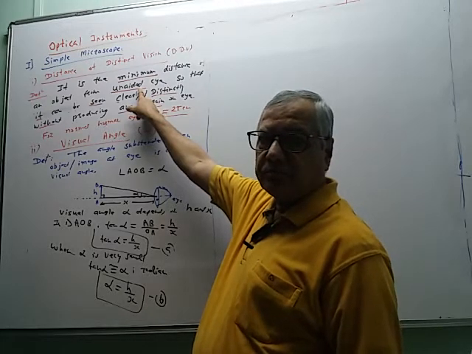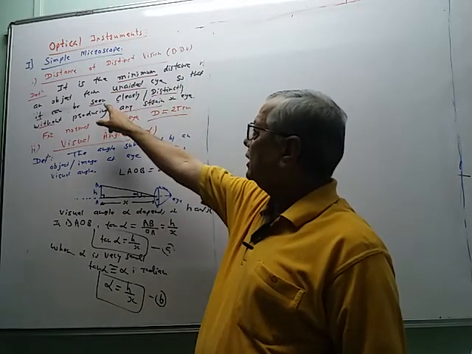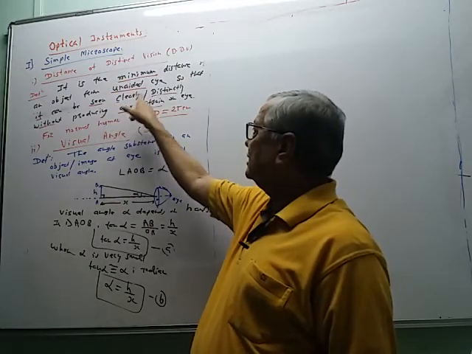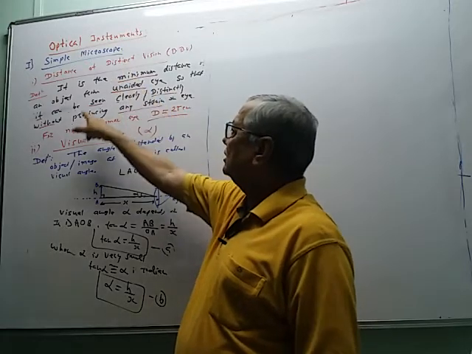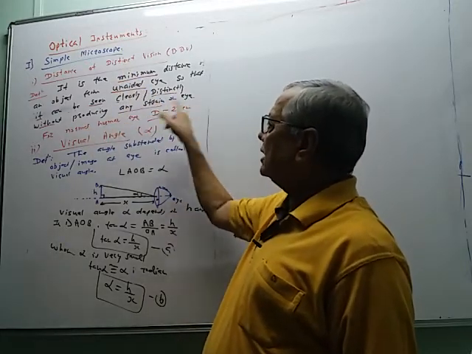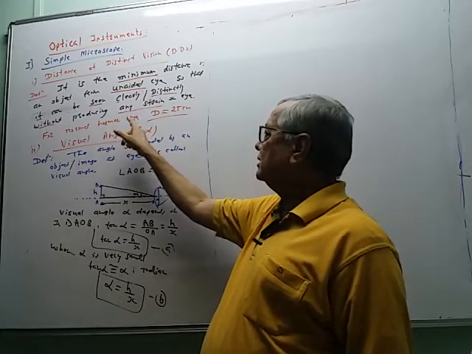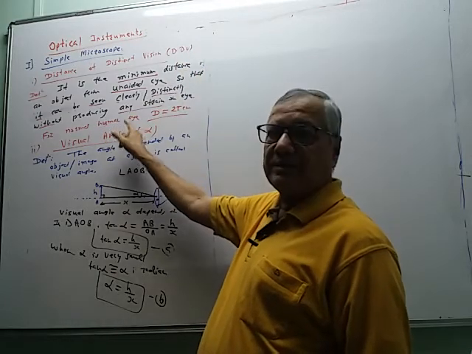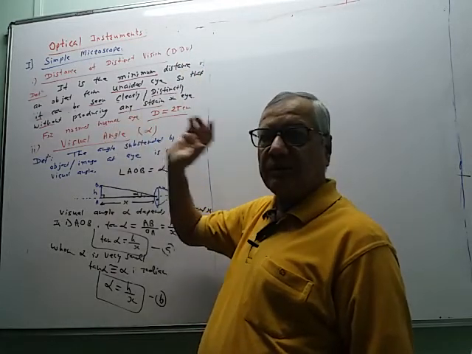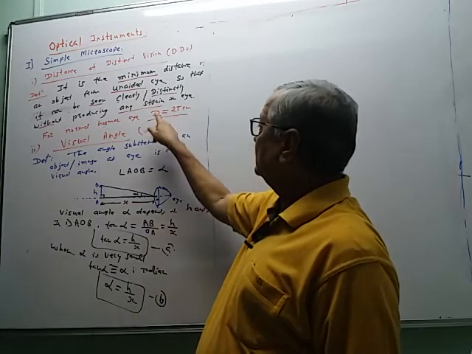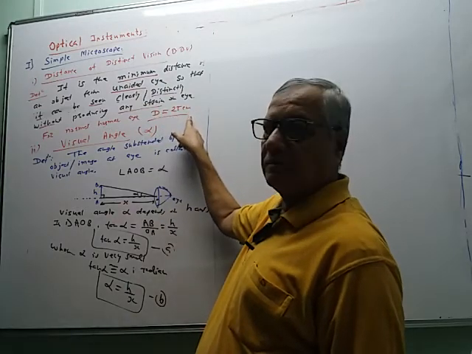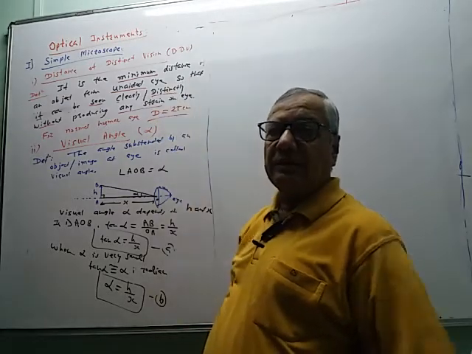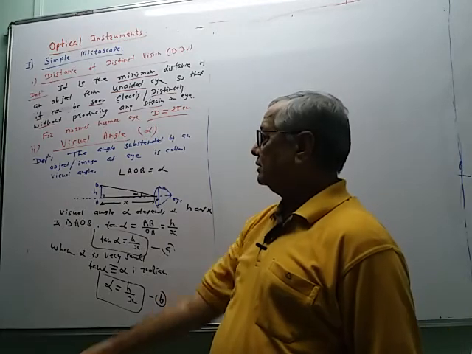No lens, no specs are used, so that it is seen, meaning its image is formed on the retina and it is seen clearly, distinctly, without producing any strain on the eye. This distance is called the distance of distinct vision, short form DDV. And for a person having normal eyesight, D is equal to 25 centimeters. So while solving a problem, D is not given many times, so directly use D equal to 25 centimeters.